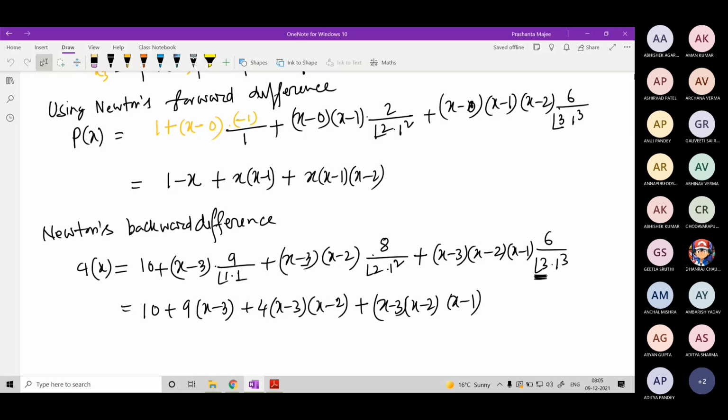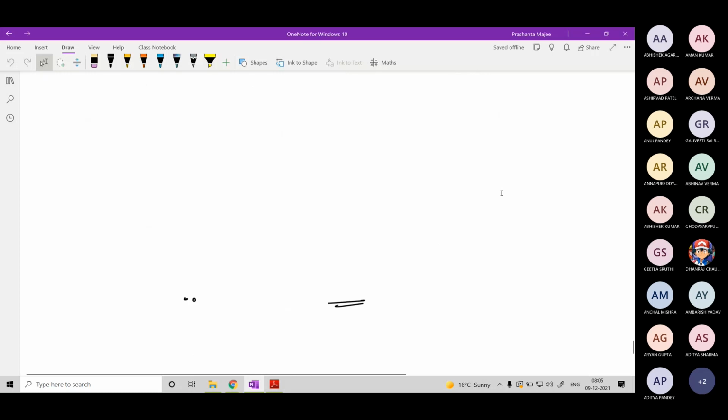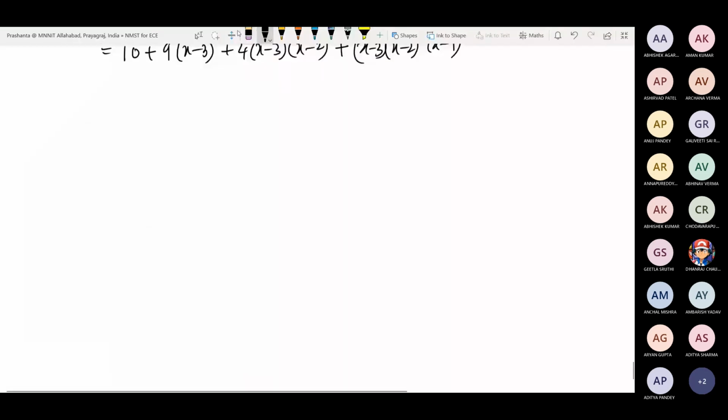So let me introduce a new operator, which is known as the shift operator. This operator will be used. Shift operator is denoted by the symbol E. Basically, these are nothing but shortcuts to write down the expressions. So these are not like we are introducing them from nowhere. These are very brief notations which are used in the formula. So this shift operator,